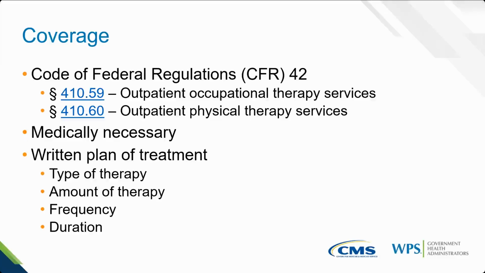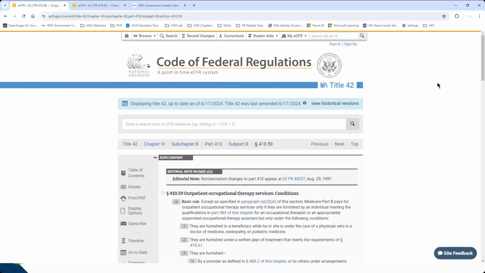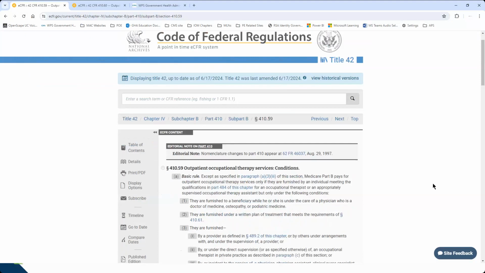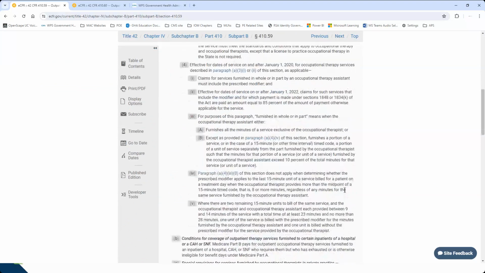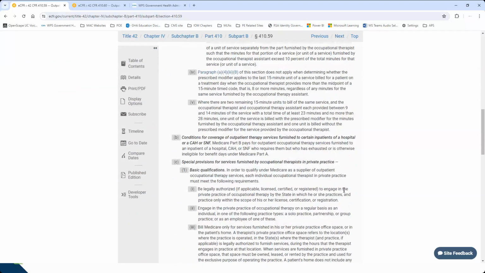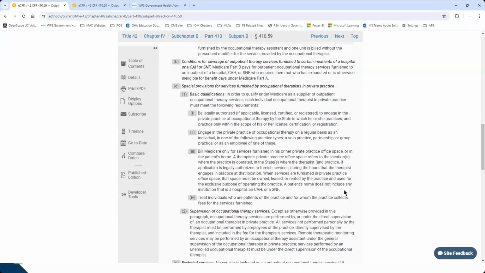So what you'll see here is I'm in the Code of Federal Regulations. This first one is for occupational therapists. While we're focusing on enrollment guidelines, and that information is certainly out here as well, the CFRs do cover the basic rules of what is covered and what Medicare will reimburse. It also covers how the services need to be provided. So if they're being provided directly or under arrangement, it covers those specific guidelines. Like I said, it also does include how to qualify as an occupational or physical therapist.